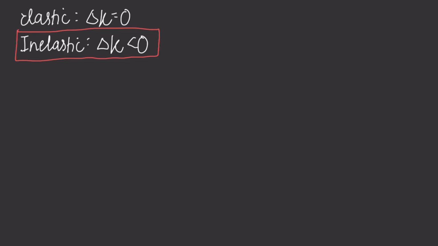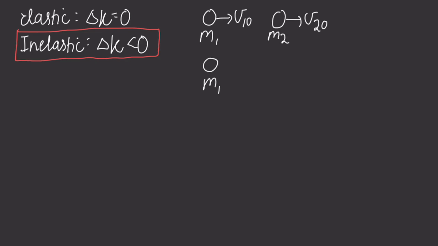Okay, so let us look at two bodies in a one-dimensional collision. So we have a body m1 moving with some initial velocity v1 naught, and then another body m2 moving at some initial velocity v2 naught. And then after the collision, m1 moves with some final velocity v1, and then m2 moves with its own final